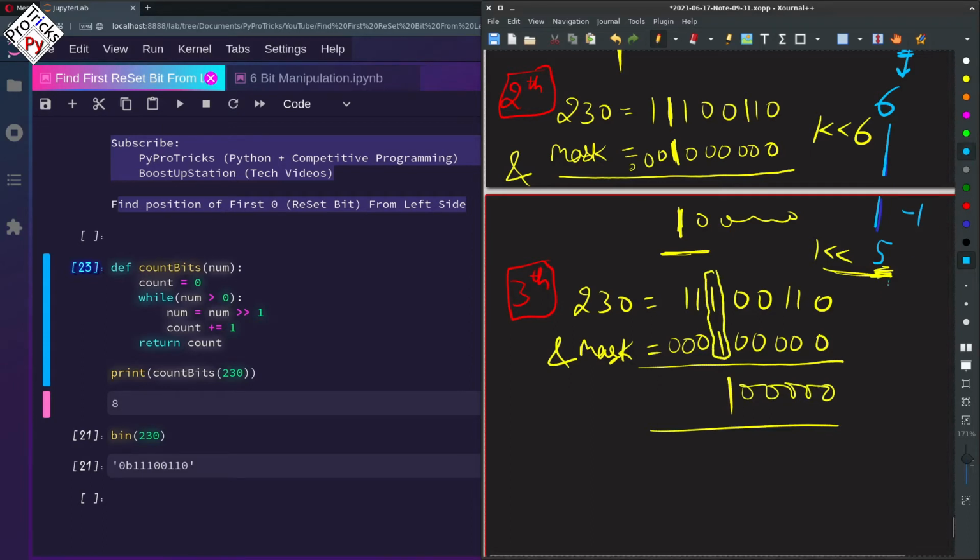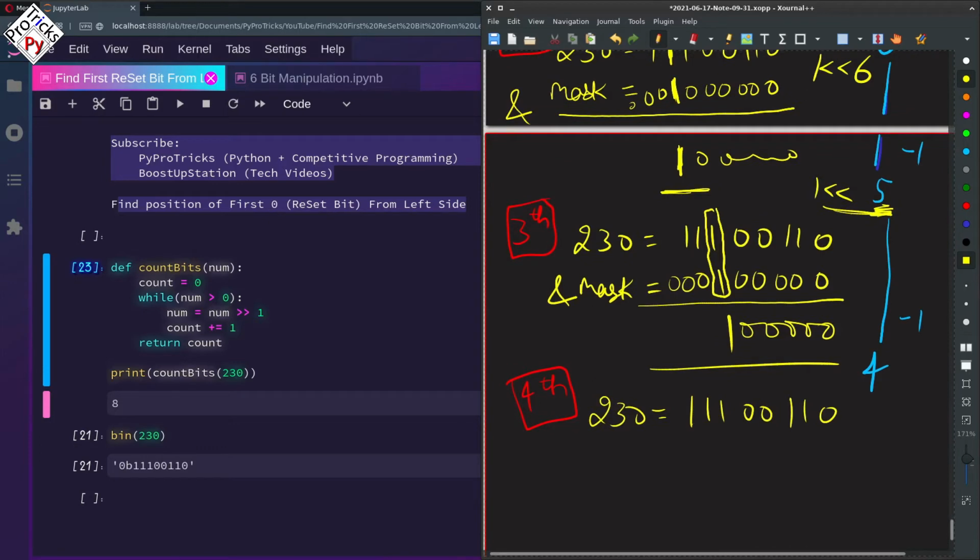So now again we decrease the value of 5 to 4 by subtracting 1 from it, and this time we are going for the 4th step. So as usual 230 remains the same, 11100110, and this time our mask becomes 4 zeros on the right side and a 1, and we have a lot of zeros on the left side.